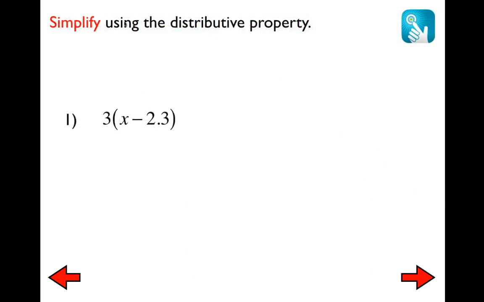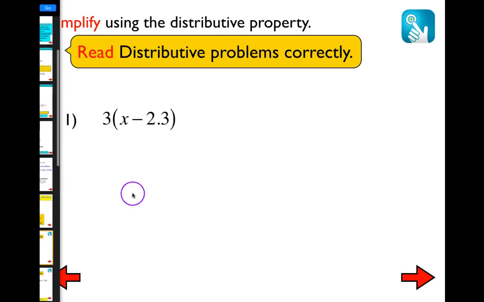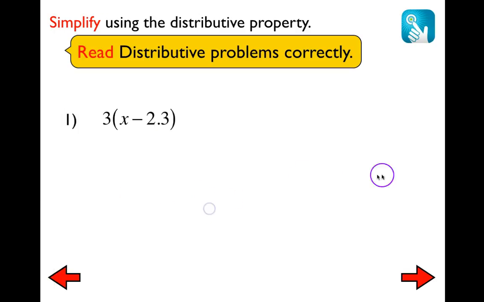First, let's go ahead and read this problem out loud. I would read this as 3 times the quantity of x minus 2 3/10. So now what you will do is you're going to go ahead and distribute. I'm going to distribute 3 to the x, so that's